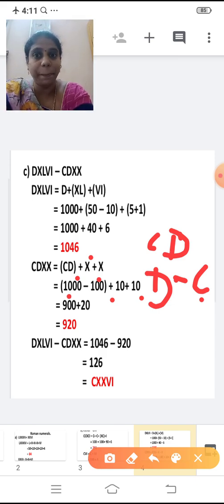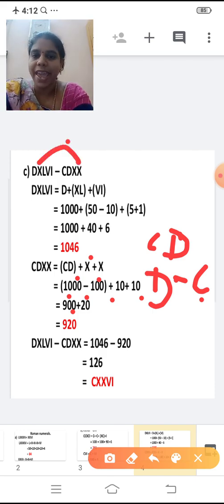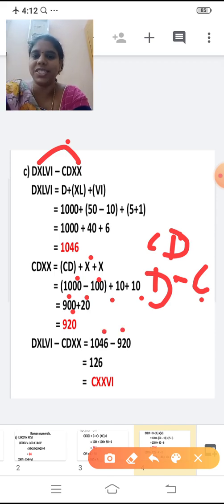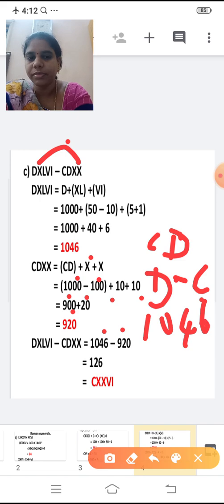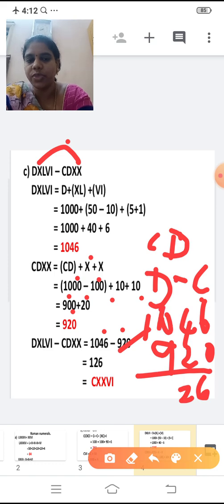Very good. Then 10 plus 10, 20. Now add all together. 900 plus 20, 920. Now what are you going to do? These both you're going to subtract, right? So DXLVI minus CDXX is equal to 1046 minus 920. Now subtract. What is the answer? 6 minus 0 is 6. 4 minus 2 is 2. 10 minus 9 is 1. So the answer is